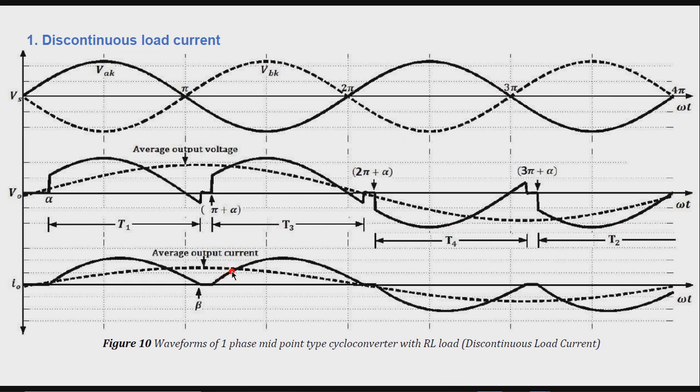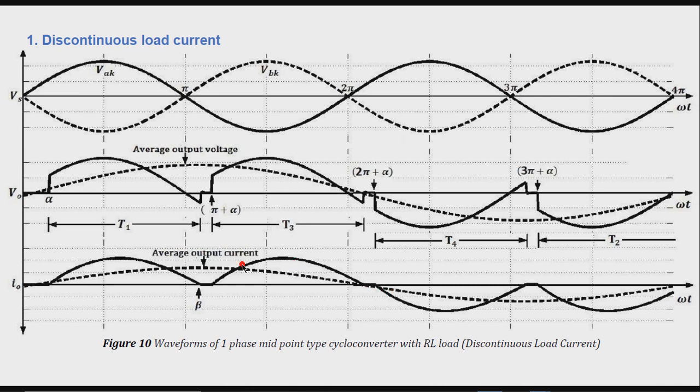So here the load current starts to build up. At omega t is equal to pi plus beta, meaning here, i naught decays to 0 and T3 is naturally commutated. The load current is seen to be discontinuous, from beta to pi plus alpha, and here from pi plus beta to 2 pi plus alpha.